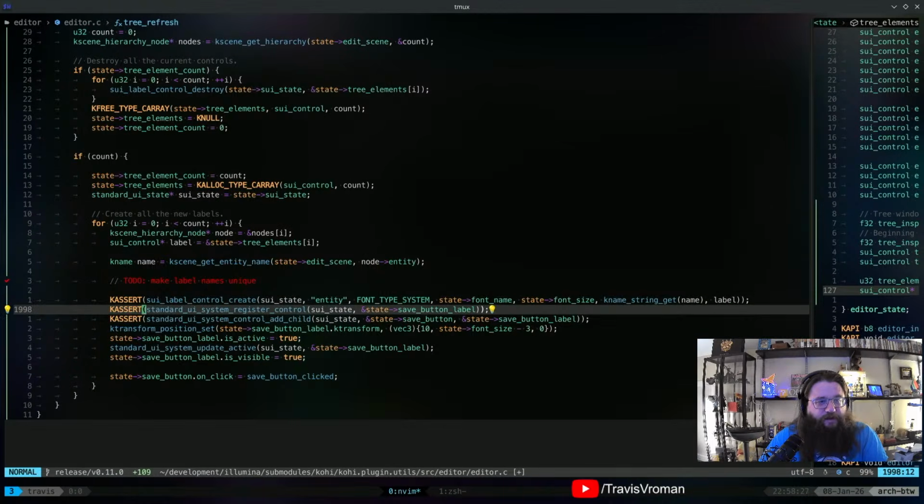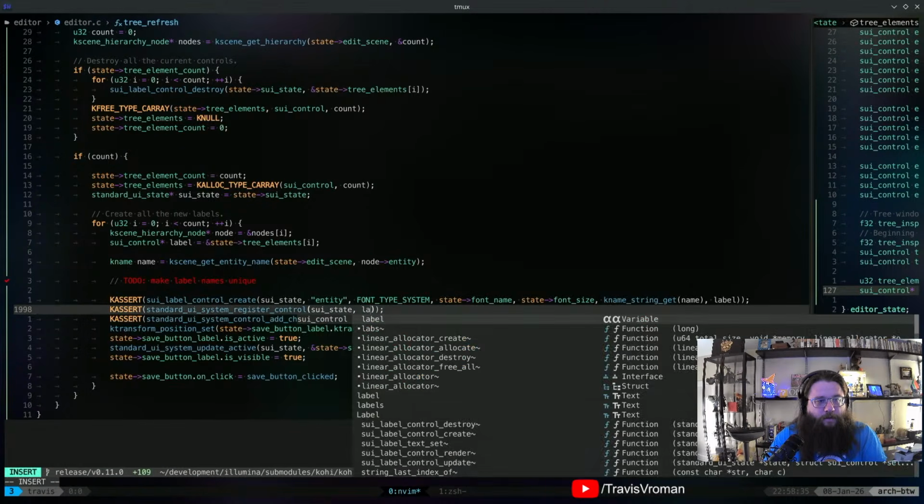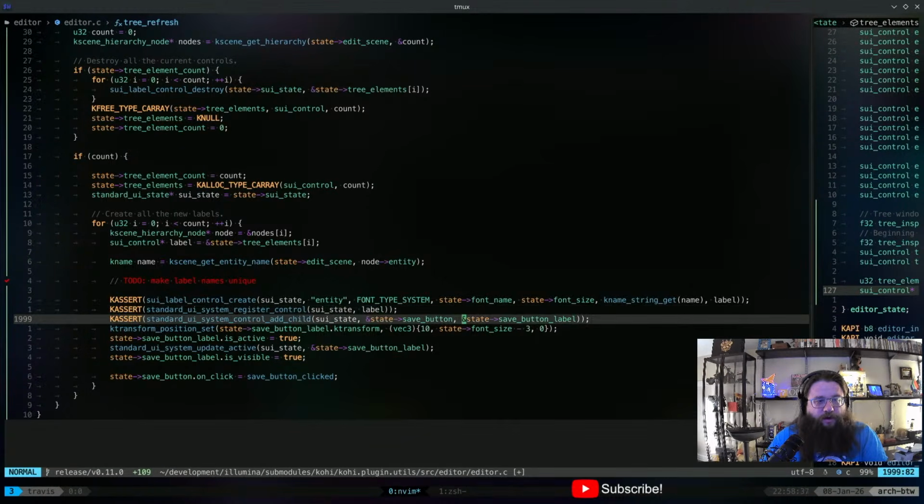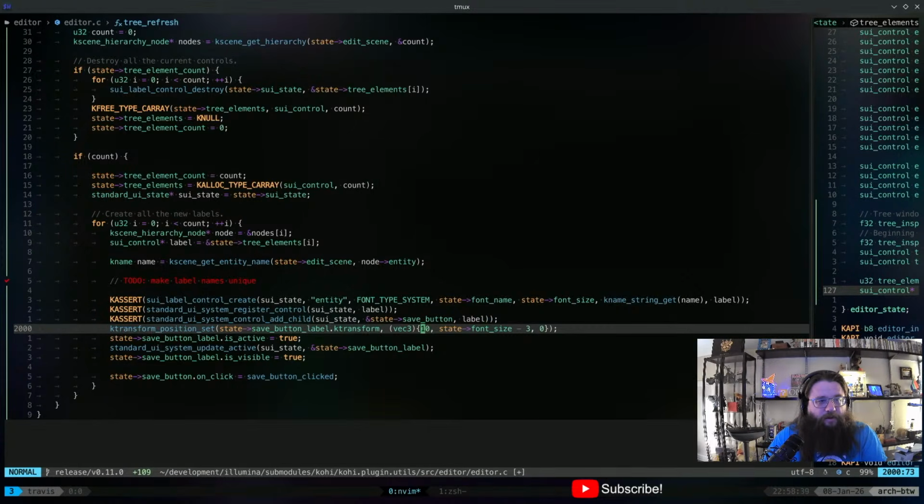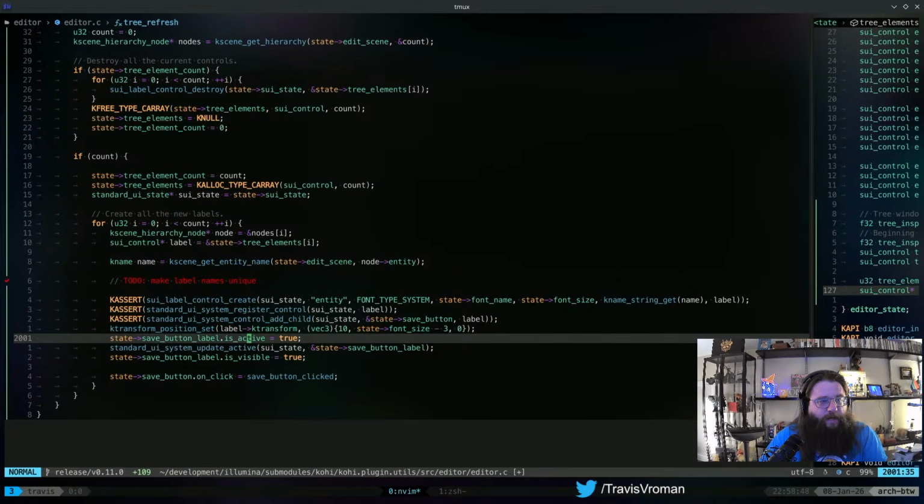That's already a pointer. And so we're going to set label, right? Label, label, k-transform.